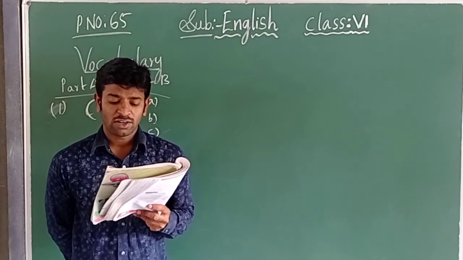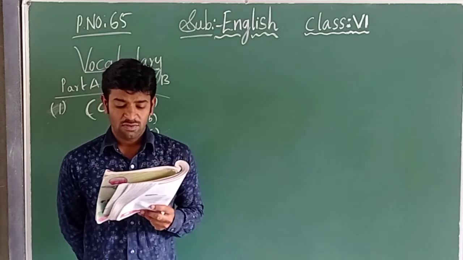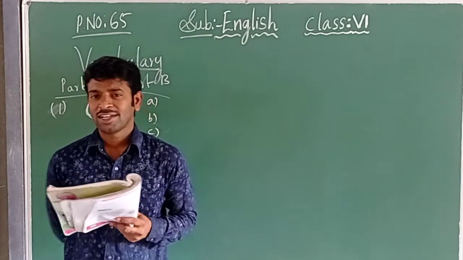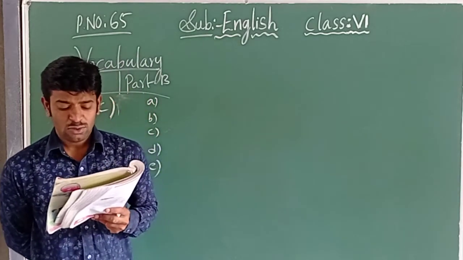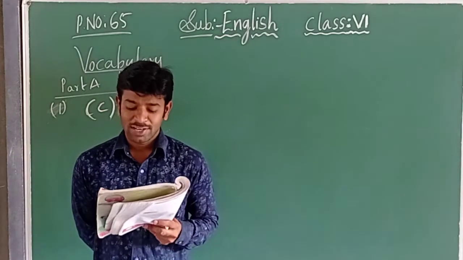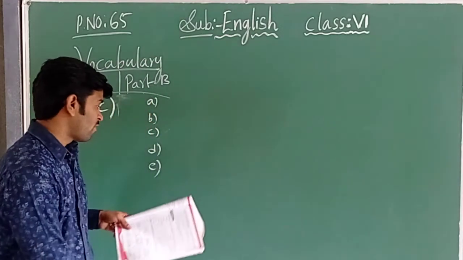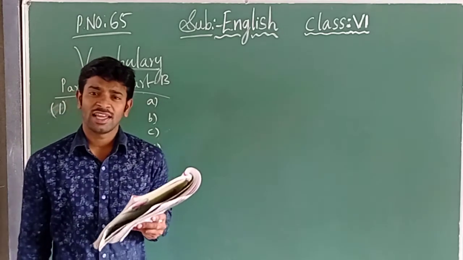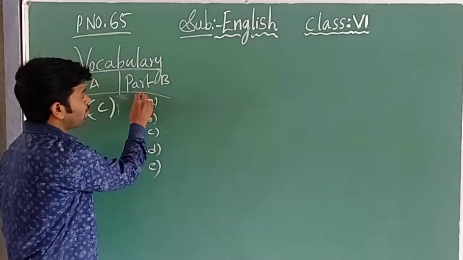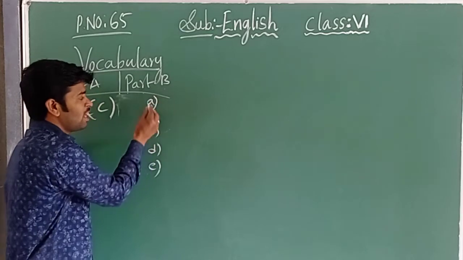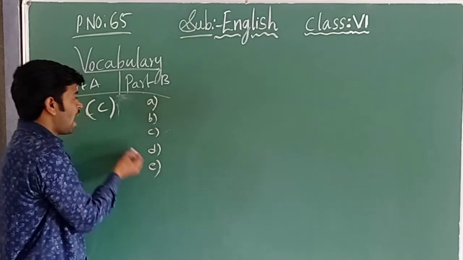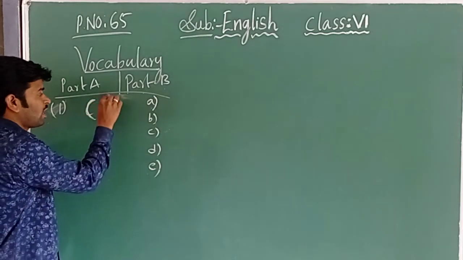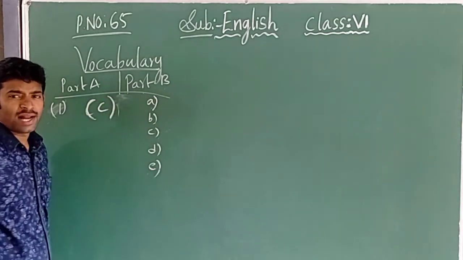Next one is water drops in the air. Is it the correct answer, children? No, it is also not the correct answer. Next one, useful for trees. That is the last one here. In the textbook, nothing is mentioned, so you should write A, B, C, D, E in part B with a pencil, and the correct answer is written in the bracket.